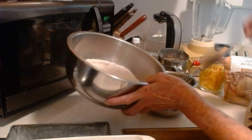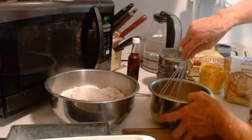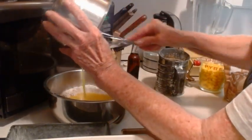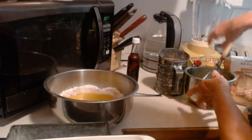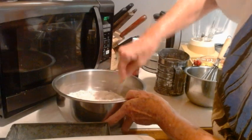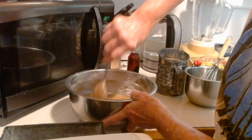Now, I'm going to make a little well in my flour, dry ingredients. And I'm going to pour in my eggs, sugar, butter, and vanilla extract. And I'm going to stir that up. All those ingredients are